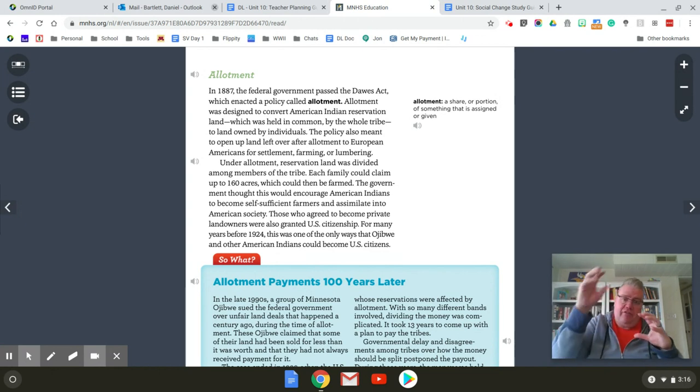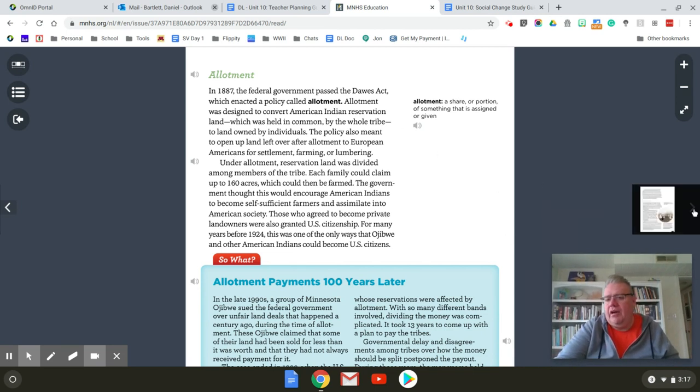Now, once every family has a piece of land, whatever land was left over from the reservation, they lost. That went to the government, and then the government sold it to settlers. So this was a way really for the government to take even more of their land. And so that's kind of how allotment worked. And then what the government was hoping is that these families would now take this piece of land and they would become like Europeans by becoming farmers on this land. So that's really what they were hoping for. Didn't work real well. And it was basically a ploy for them to take more land.